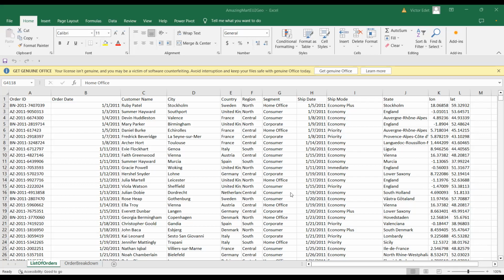We want to know which region is using more of the types of ship modes that we have, okay? Which region that customers are using more of the shipping mode, all right? Which region, which city do we have more customers that make use of the shipping mode?